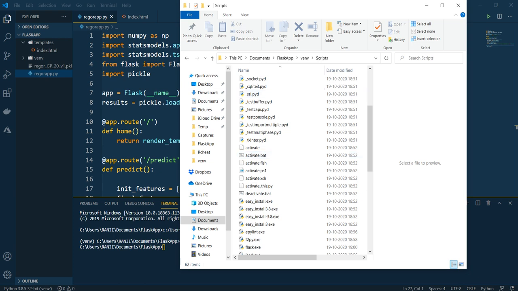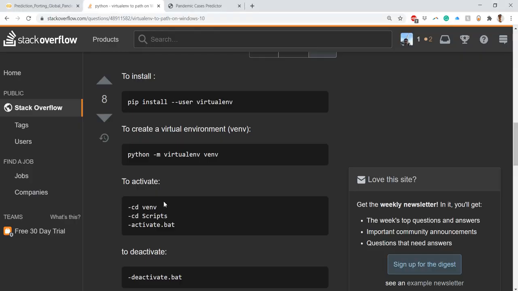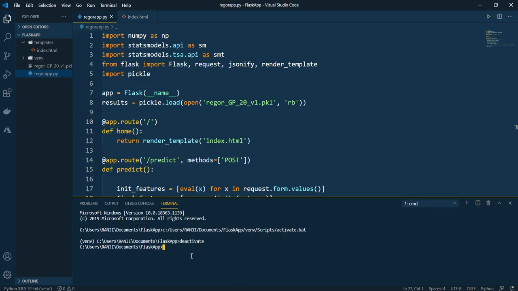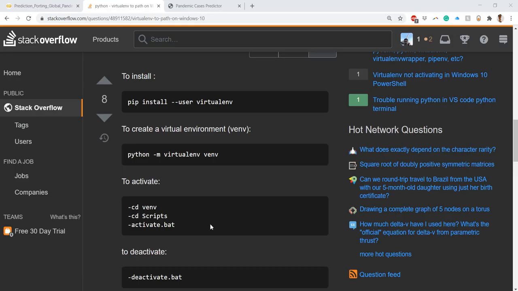So here, this is the web page. You install this in this way, that is pip install. Pip is an older version. Since I have updated my pip package to the newer version, I have pip3 install --user virtualenv.